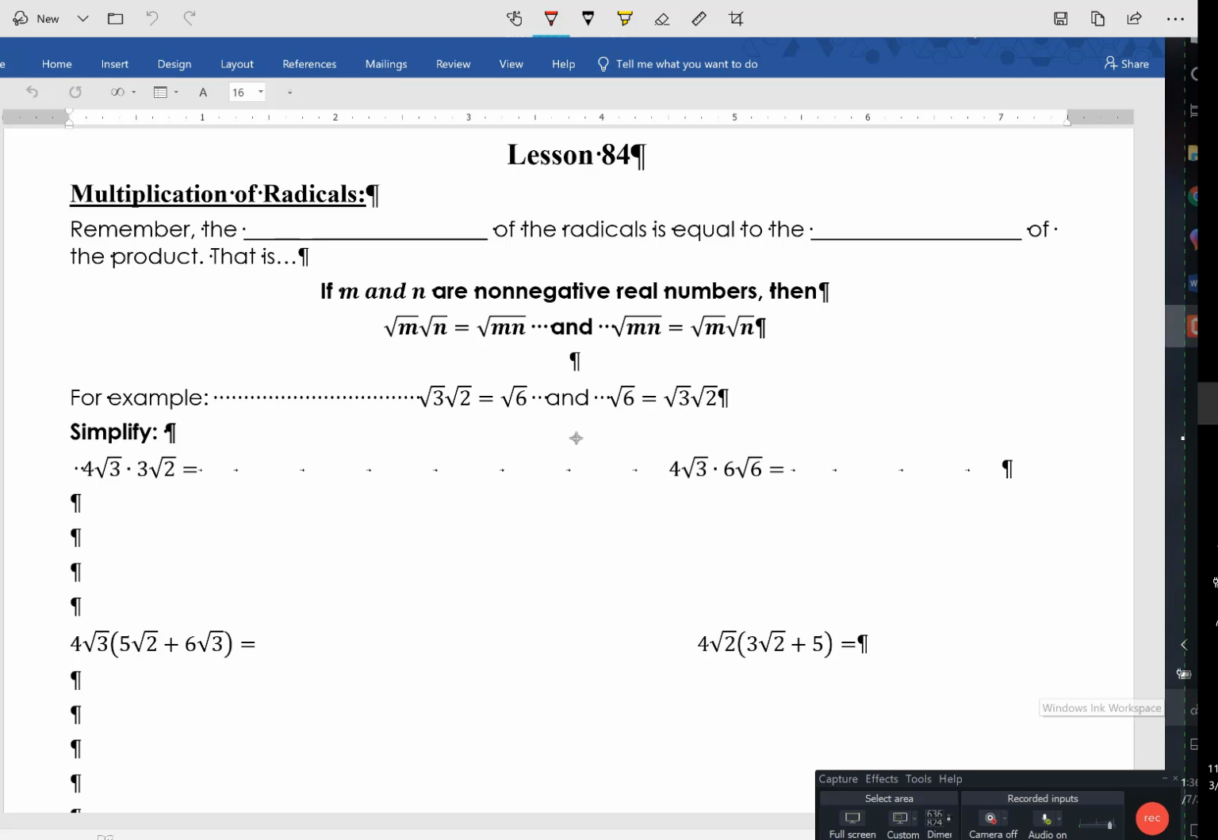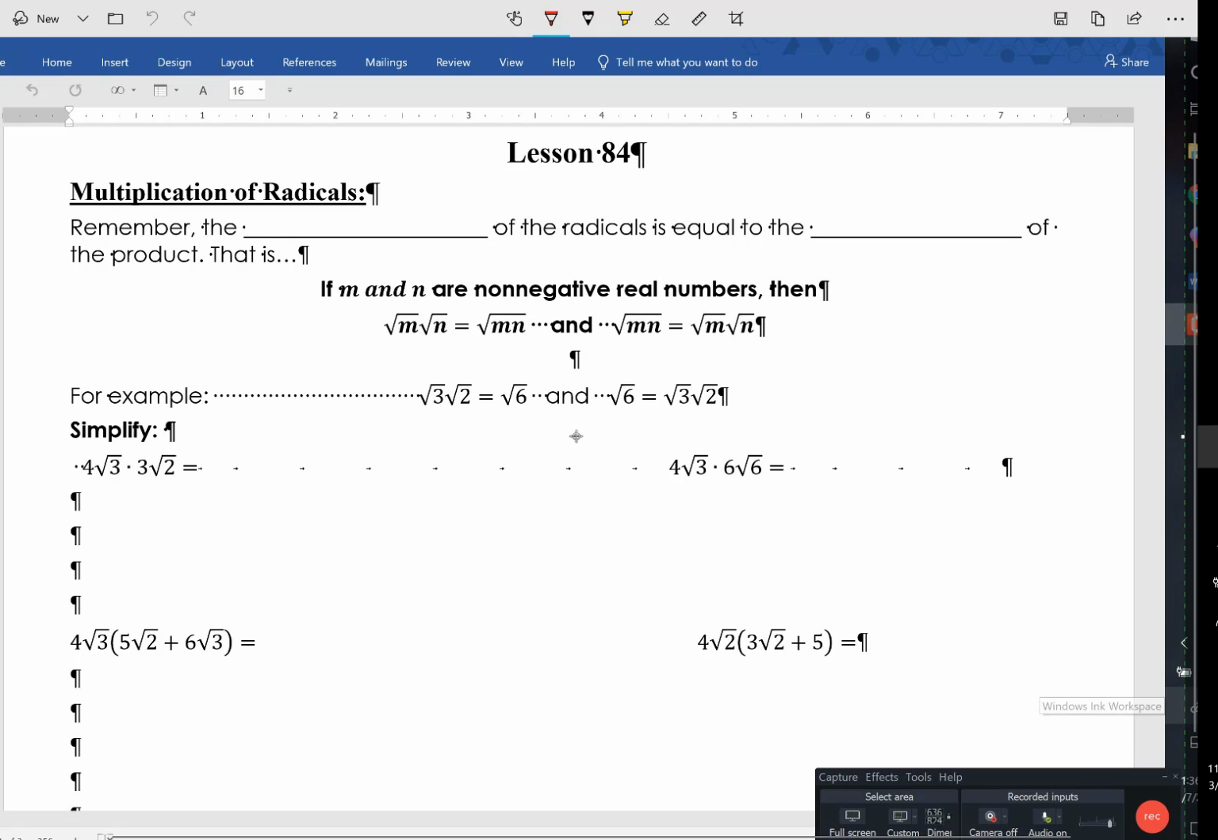Okay, this is lesson 84, and we're just talking more about multiplying radicals and also about functions. All right, multiplication of radicals. Remember that the product of the radicals is equal to the radical